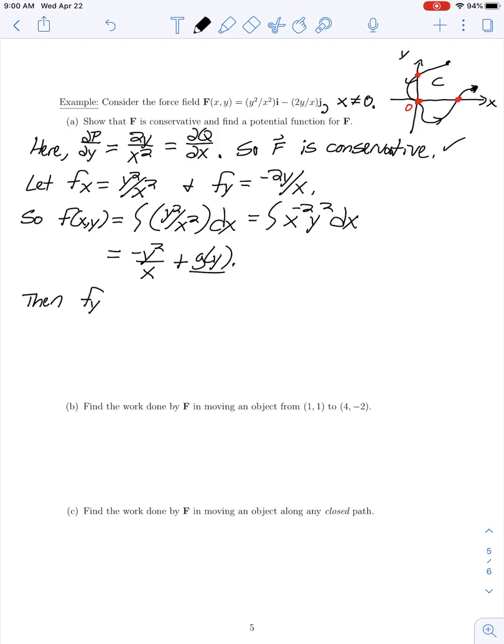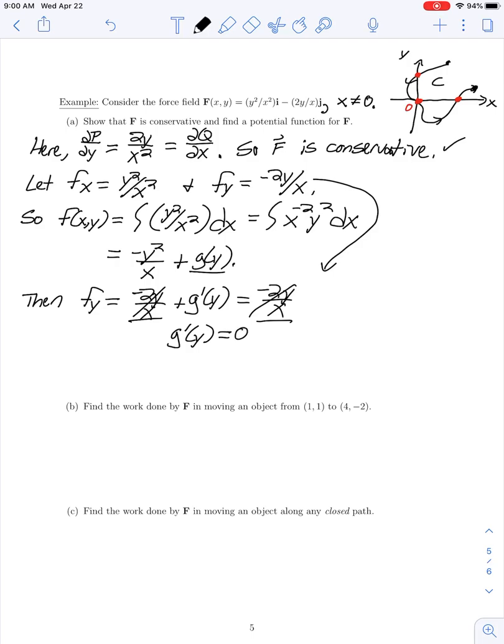So here, our partial of f with respect to y is equal to negative 2y over x plus g prime of y, which is equal to the value that we were given from above, negative 2y over x. So we see by comparing the terms on our left and right hand side, this negative 2y over x on both sides cancels. We're left with g prime of y equals 0, which means that g of y is